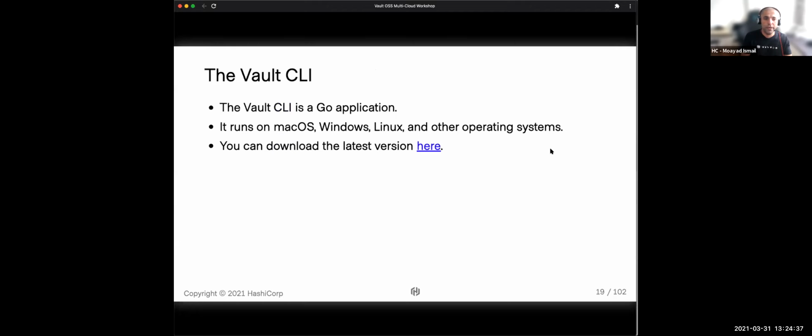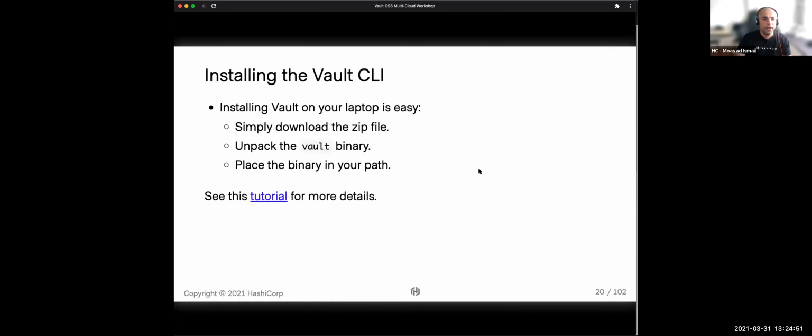You can deploy it across all the different platforms: Mac OS, Windows, and Linux. And if you search for Vault downloads in Google, you can find the latest version and download it onto your machine. It's very easy to set up and test. All you need to do is unpack the Vault binary, put it into your path, and then you're able to interact with Vault.